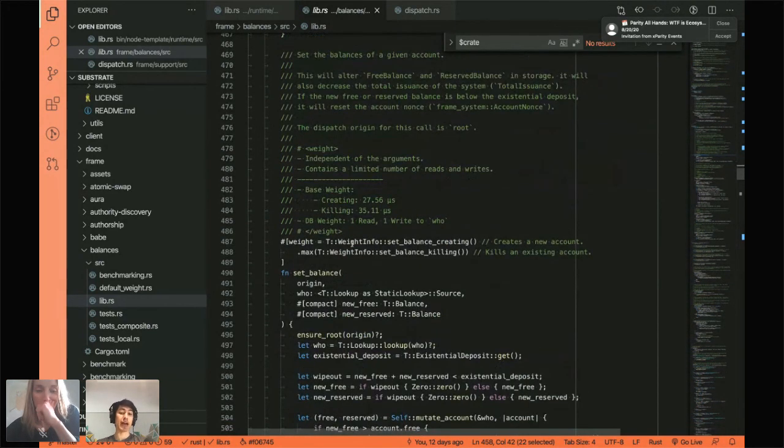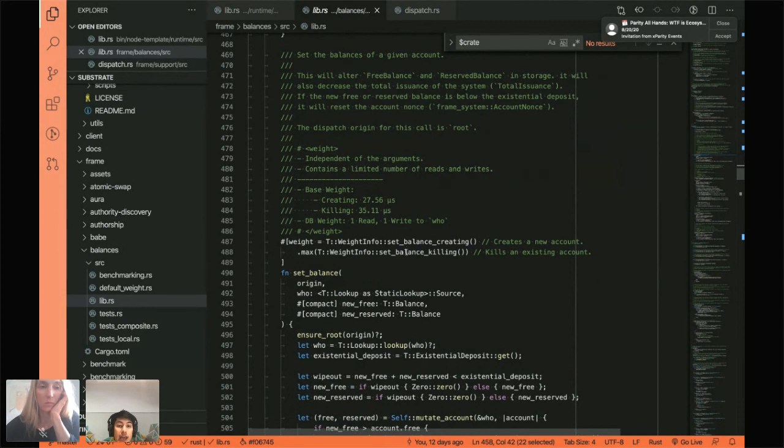Set balance can have two different pathways. In one pathway, we can set the balance of a user and create a new account. In another, we can set the balance of a user and kill an account, right? We can set the balance to 0 or set the balance to some number that's not 0. And so here we actually have two different weight formulas for set balance.